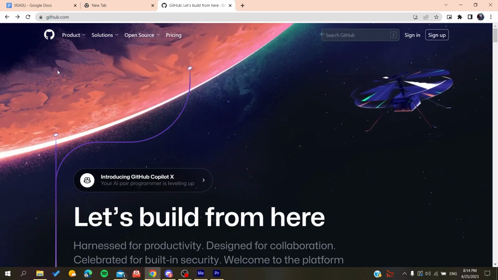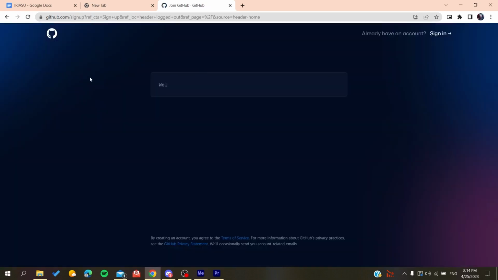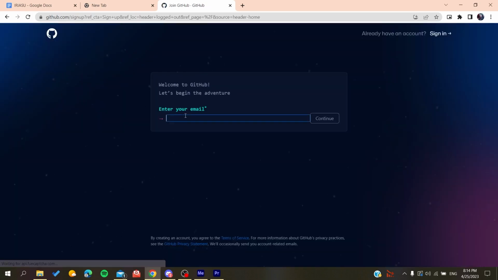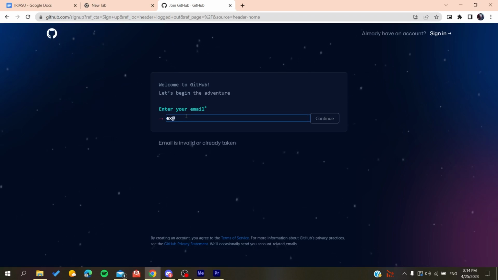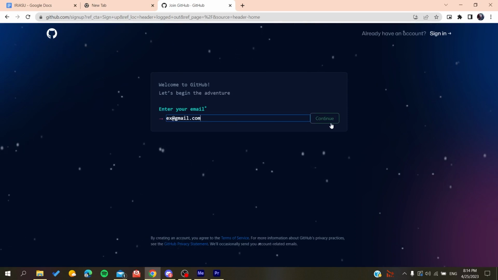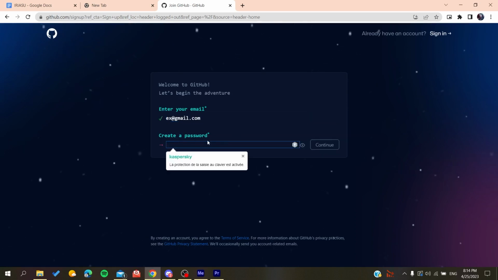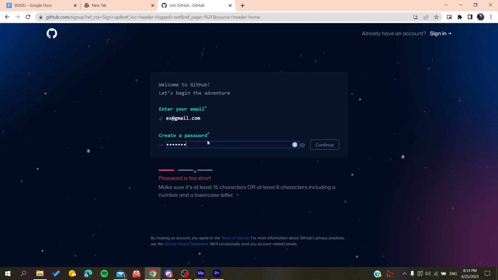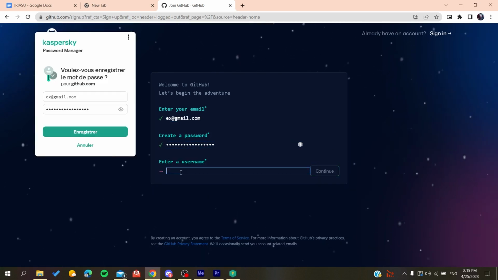And now we will need to create an account so we can use the GitHub services. So basically all we need to do is click on sign up, and then it will redirect us to the sign up page. And now you need to add your email, gmail.com or any other email that you are using. You click on continue, you create a password. So if it was anything like that, you click on continue, and then you will add a username, for example